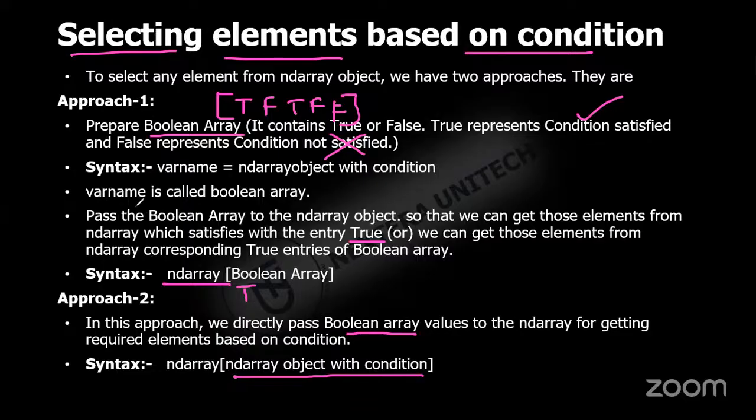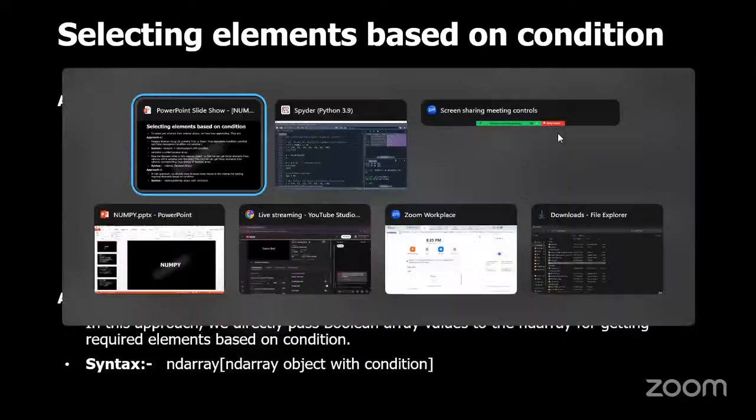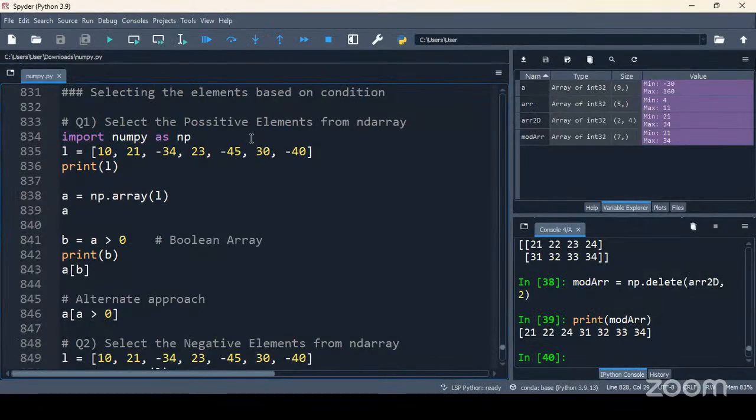Okay. So I'll take an example for both the approaches and you'll observe how we are able to select the elements based on different conditions. I'll go with the small examples initially. See,